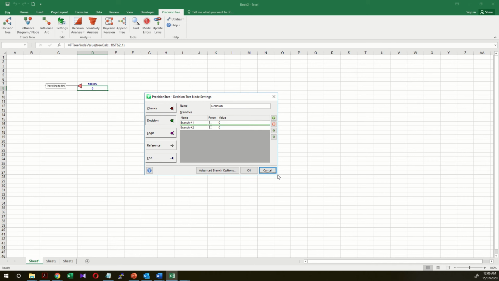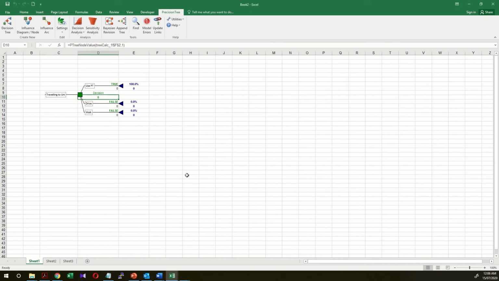Clicking that will pop up another dialog box. There are basically two options here. We will name them as using public transport, the second one would be driving, and maybe we can have another one. We'll have walking as well. Okay, and click OK. Here go the three decisions,